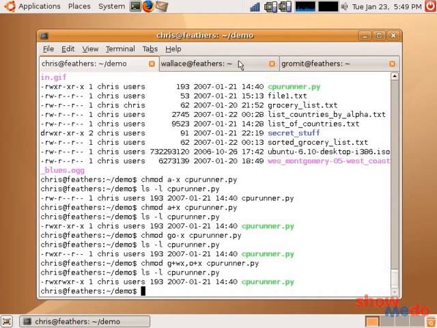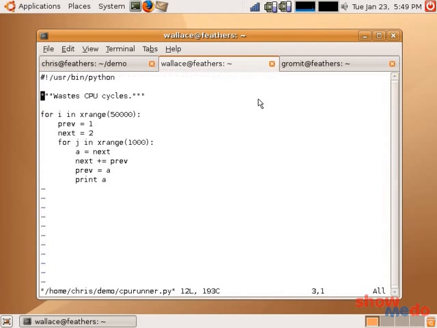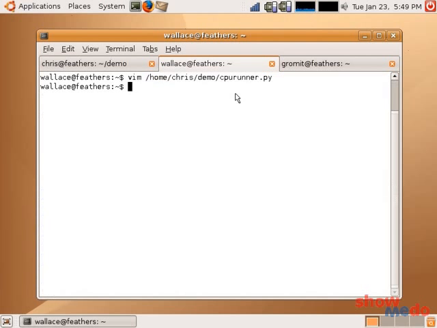And let's say Wallace would like to edit my CPU runner file, so he can do so by accessing my file. Here, we'll do it through my absolute path, demo CPU runner. So let's say he would like to make a change. He brings up my file, and let's say he wants to change the comment here. So he can do this because he's in